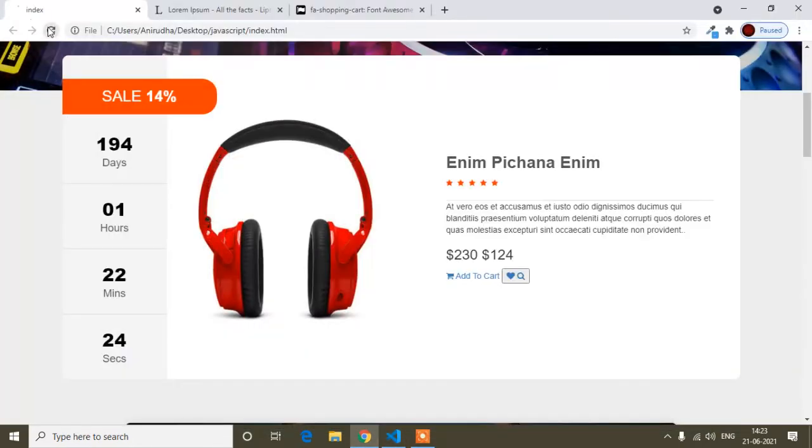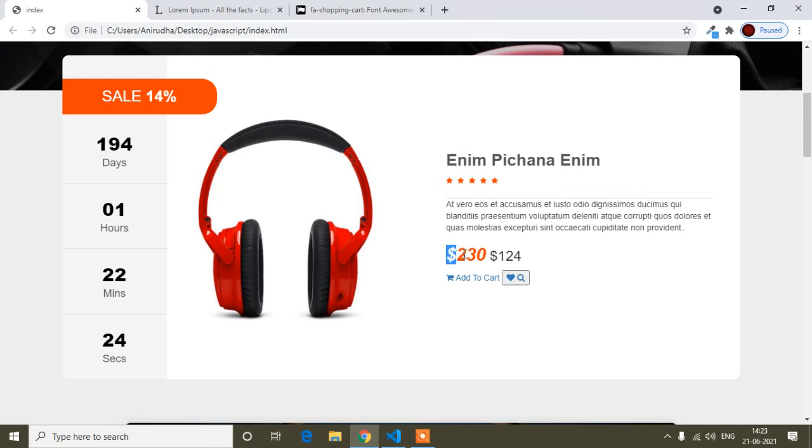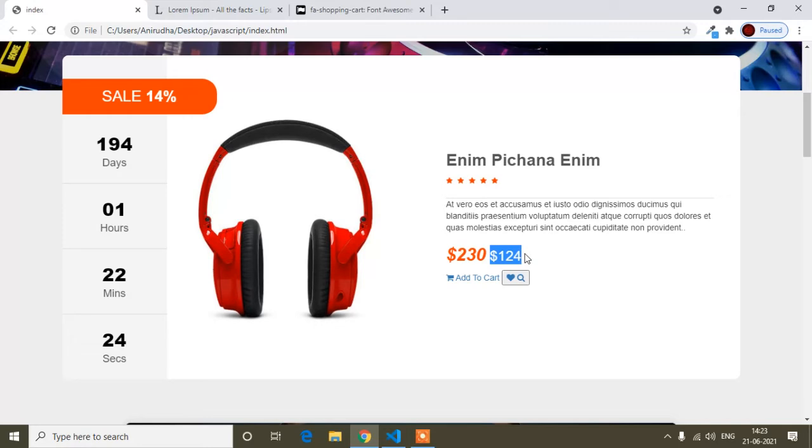And now if I show, you can see it's italic, and the color is changed also. And now between these two span tags there is no space. So here, if I write margin-left, that time it will add space between them.